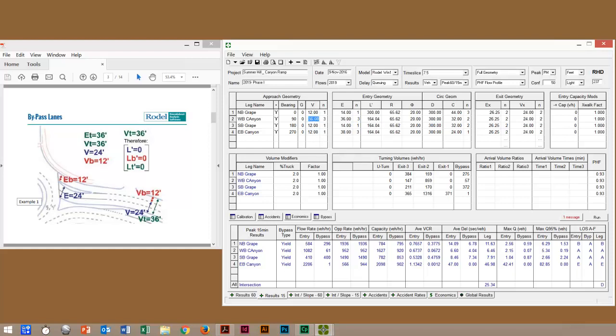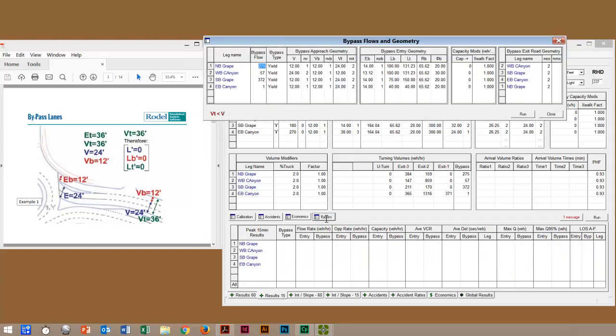Actually, I take that back. V in this case is the blue V. So V is the width that feeds the main entry with E at 24 feet. So that is in fact 2 lanes at 24 feet. And E in blue is also 2 lanes at 24 feet. Now we'll go to the secondary bypass button and look at our